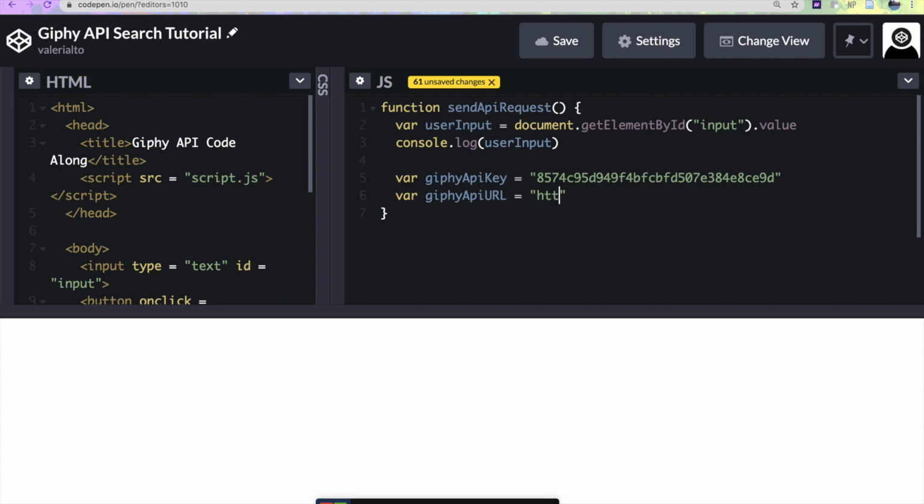So we're going to write HTTPS API. api.giphy.com/v1/gifs/search, and then we're going to type in q equals $. We're going to have those curly brackets, and then we're going to write &rating=g